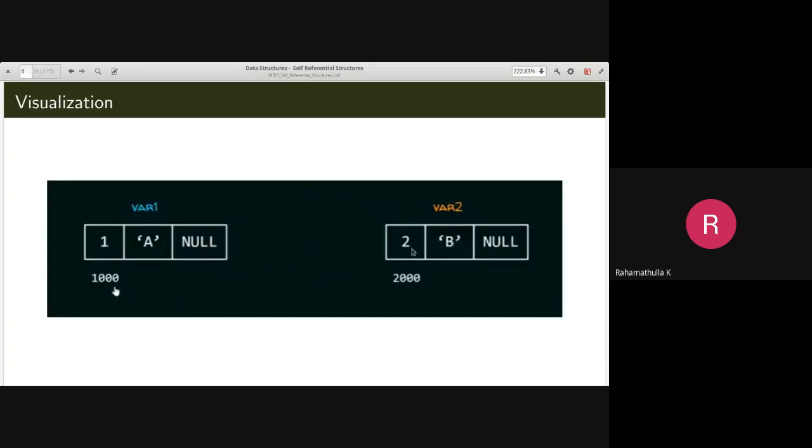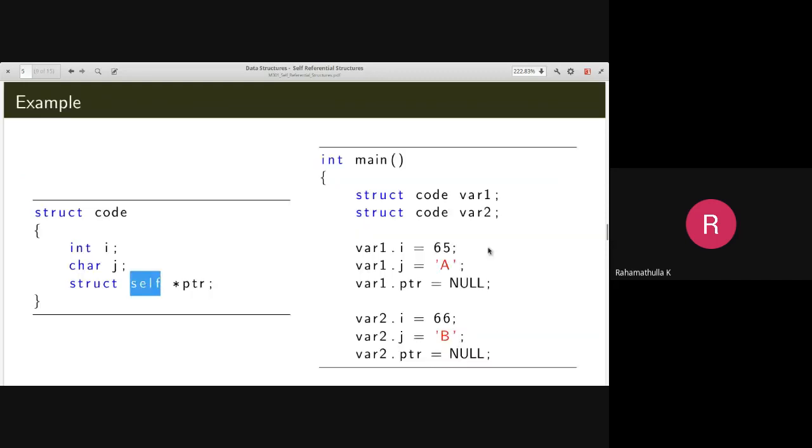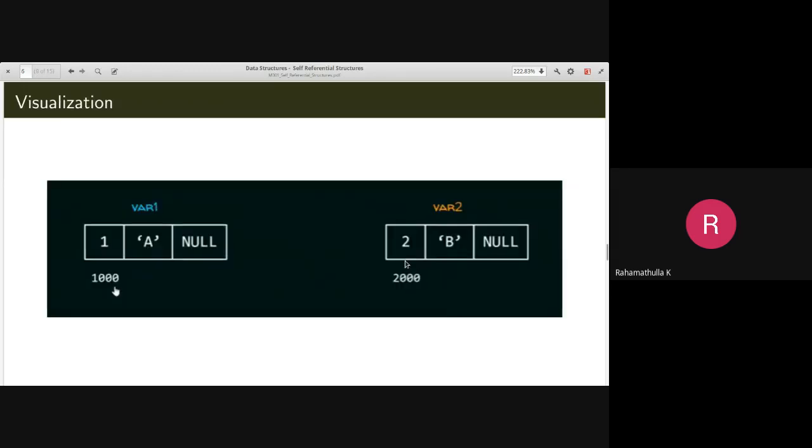So in memory it will be like this. It created another variable var2, and we have initialized var2 with these values. So var2 contains 66, b and null.